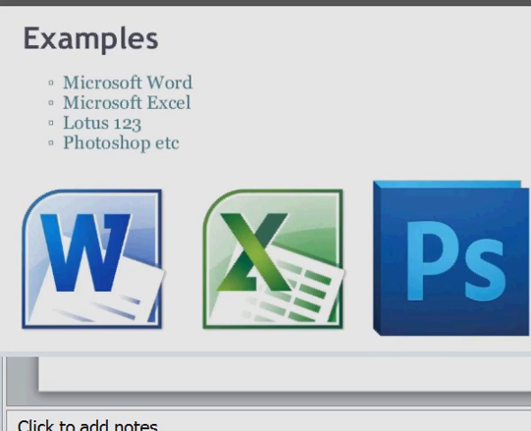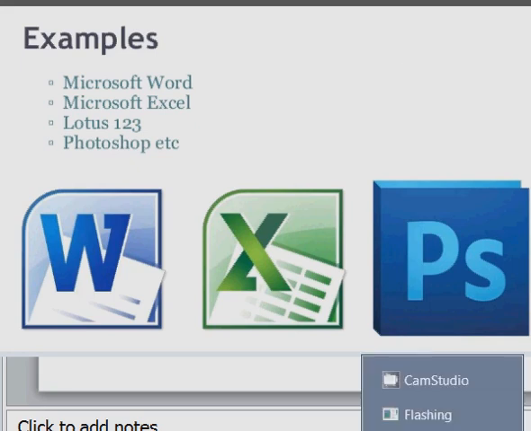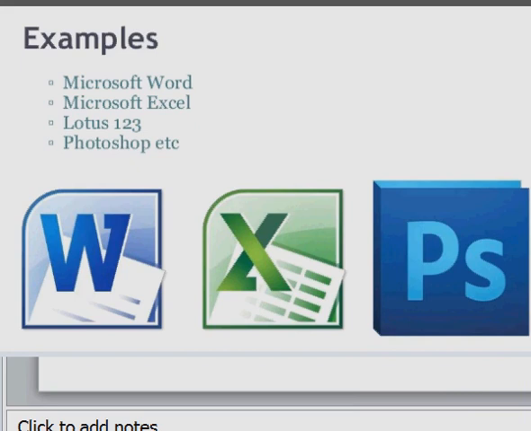Some examples are Microsoft Word. In Microsoft Word we can make letters, we can type paragraphs, meaning we can do documentation. Microsoft Excel is used for making data in a tabular structure.